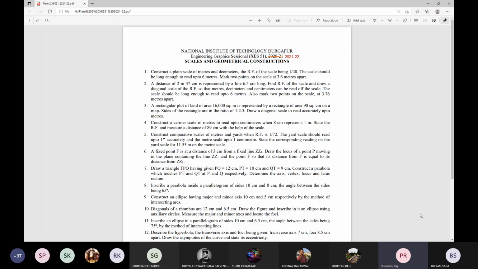That simple calculation, beta. 6 centimeter represents 80 meter, 15 centimeter represents 200 meter. So you represent in the form of 1 divided by n, that is the representative fraction. And this calculation, we have made it simple for you, that 15 centimeter, which is the standard length of a scale, is directly representing the 200 meter.